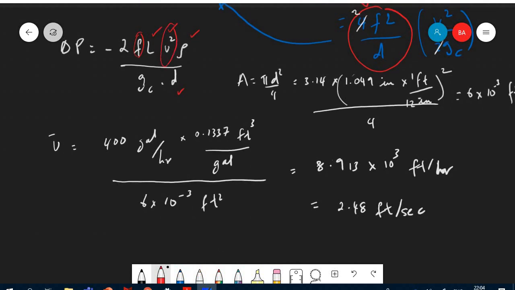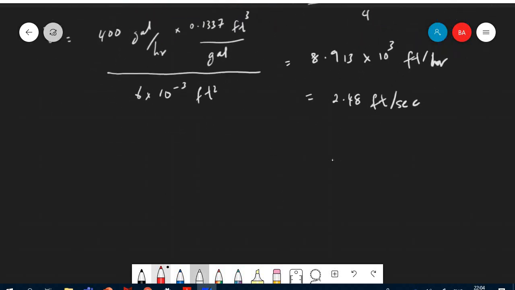After we found U here, I want to find F, right? And to find F, of course, I need the Reynolds number, and I need the E over D, which is the roughness factor over the diameter. So if you can recall, the Reynolds number is D U rho over mu, or rho D V over mu, whatever you call it, is equal to 8.742 into 10 to the power minus 2 feet into